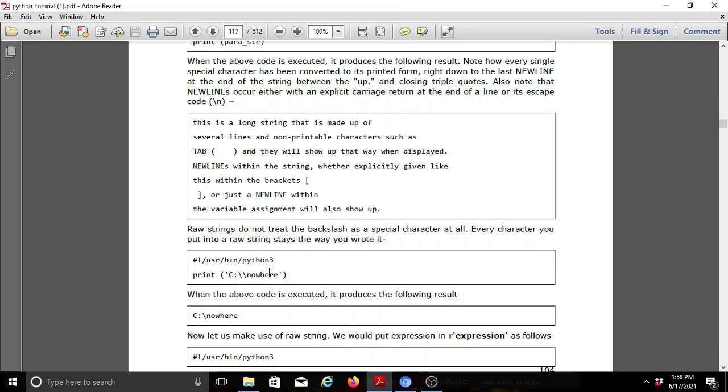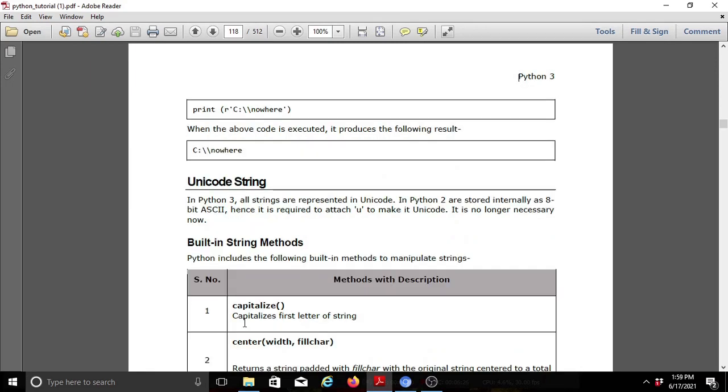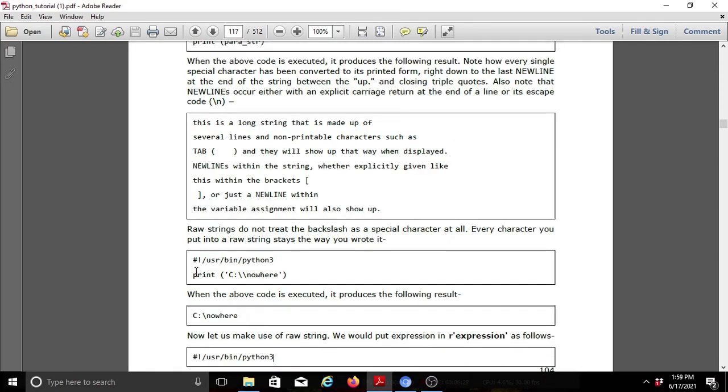Next, there is a drawback in this string concept. Here you can see the double slashes placed after the path, C colon.